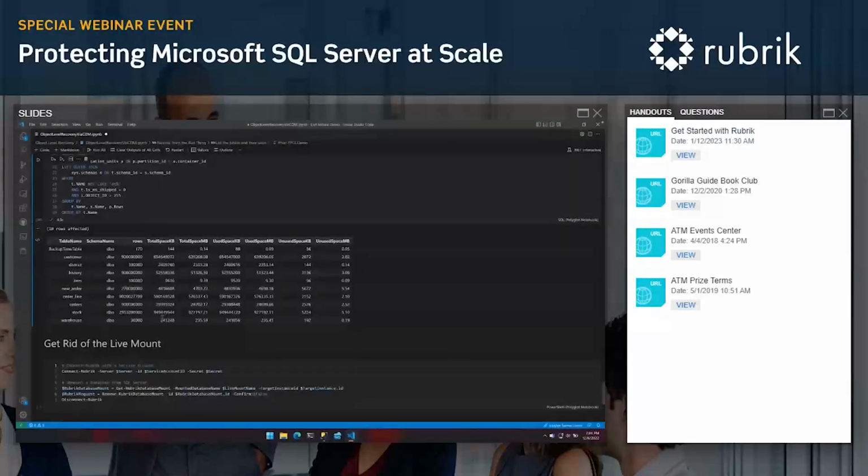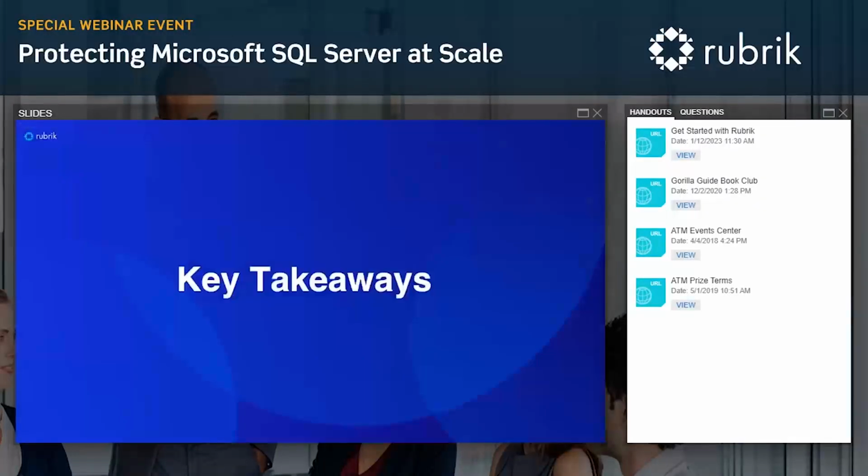Now, I didn't have to go and reach out to all these different teams. I didn't have to go and get new storage allocated to the box. I can now recover those 2 tables that had something very bad happen to them in the entire time of this demo, which was about 5 minutes. Think about that the next time someone does something inadvertent in your environment and you need to do a recovery. You can recover a 2 terabyte database in 5 minutes.